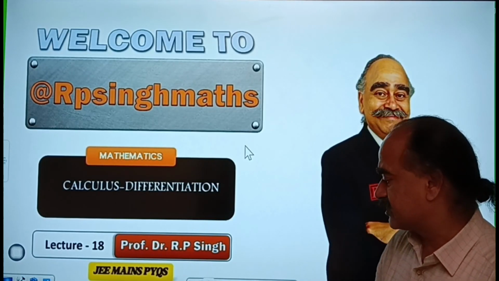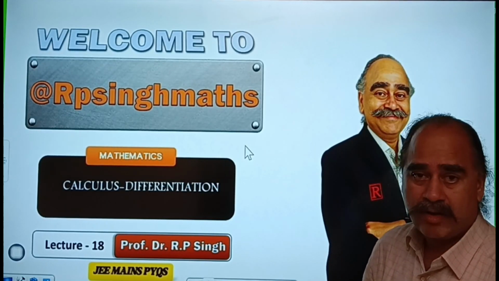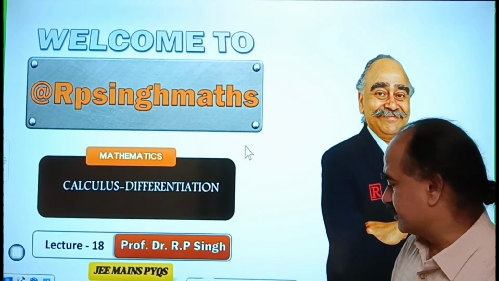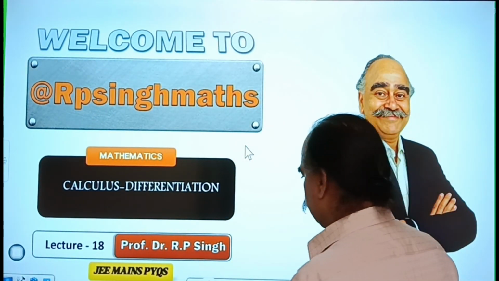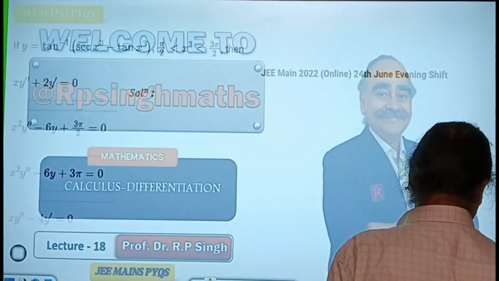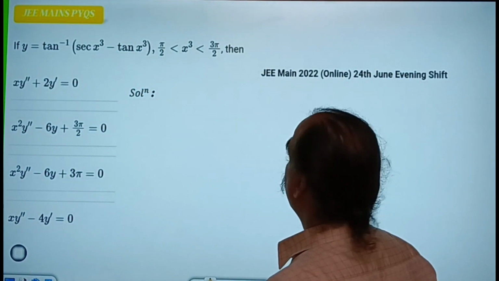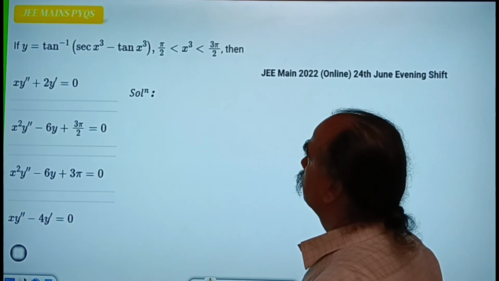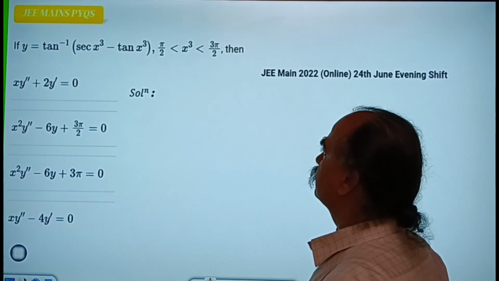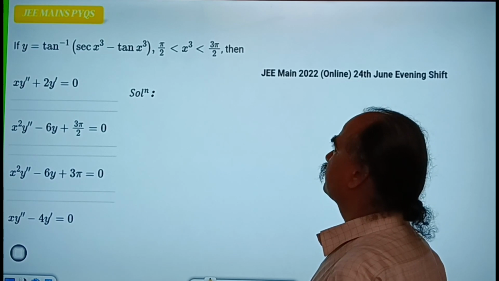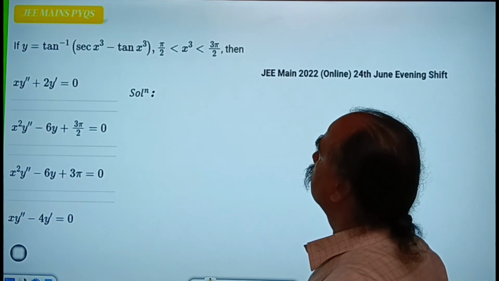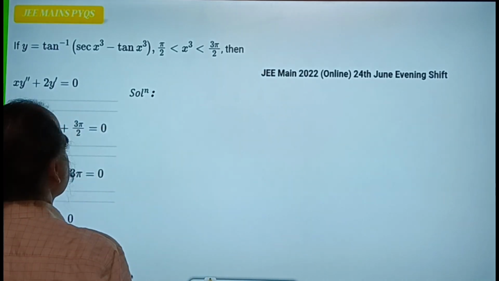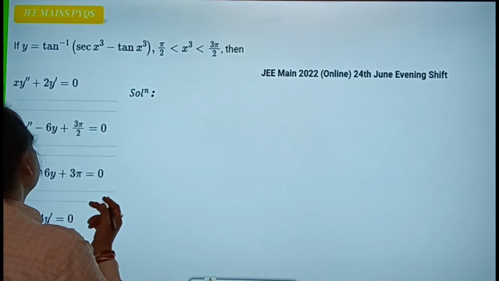Today we'll continue lecture number 18 on PYQ of differentiation topic. So let's start lecture number 18, PYQ of differentiation. First problem is: y is equal to tan inverse of sec x cube minus tan x cube, where pi by 2 is less than x cube less than 3 pi by 2. So say this: